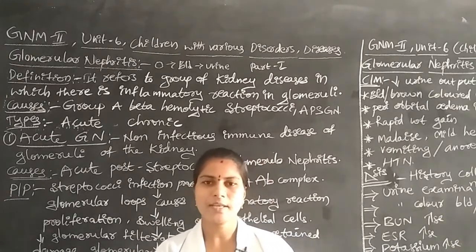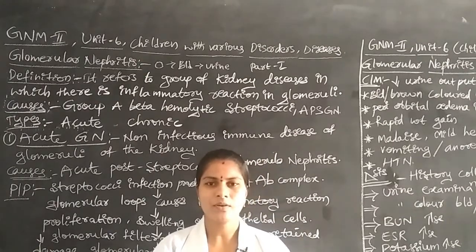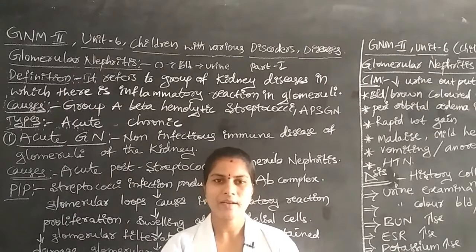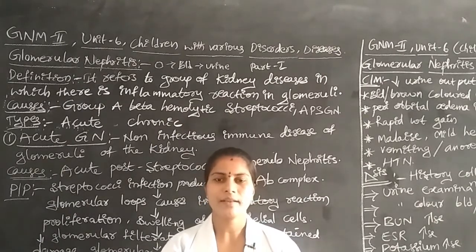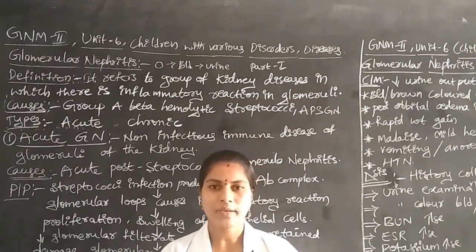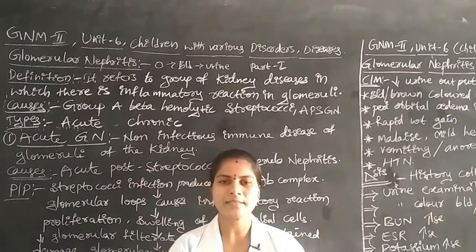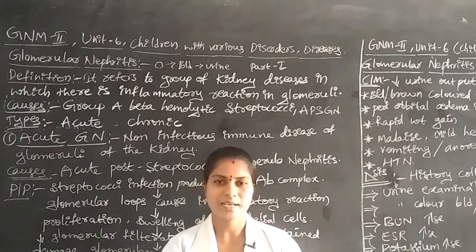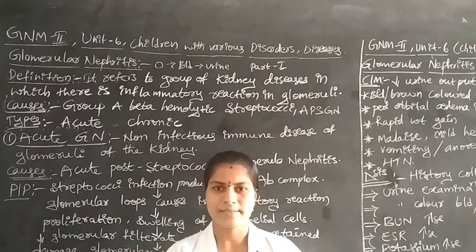First of all, in the human body's anatomical structure, there are some parts: the kidneys, ureters, urinary bladder, and urethra. In the kidney, there is the nephron. In the nephron, there are glomerular capillaries. What is the function of the glomerular capillaries? First of all, the glomerulus is a ball-like structure. It has so many blood capillaries.